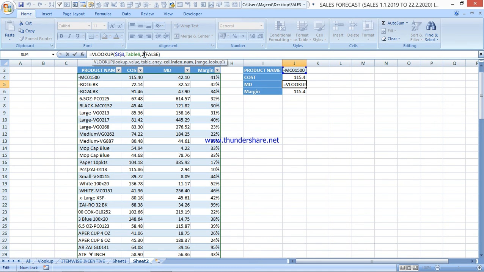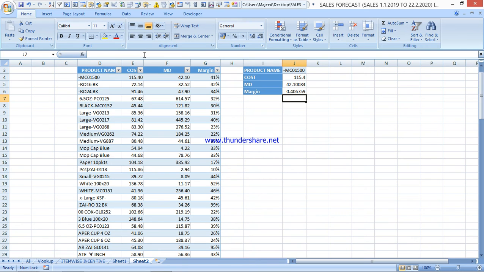Monthly demand is in the third column, so 3, and the next one, margin, is in the fourth column, so 4. The margin will be in percentage, so convert it to percentage with Alt HP. So you have everything here.